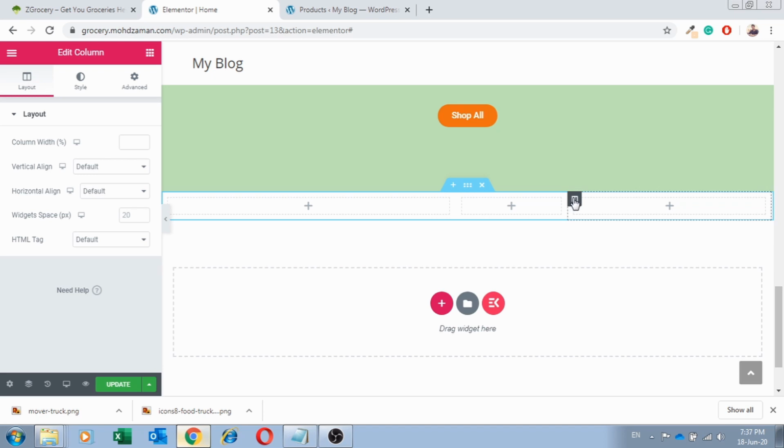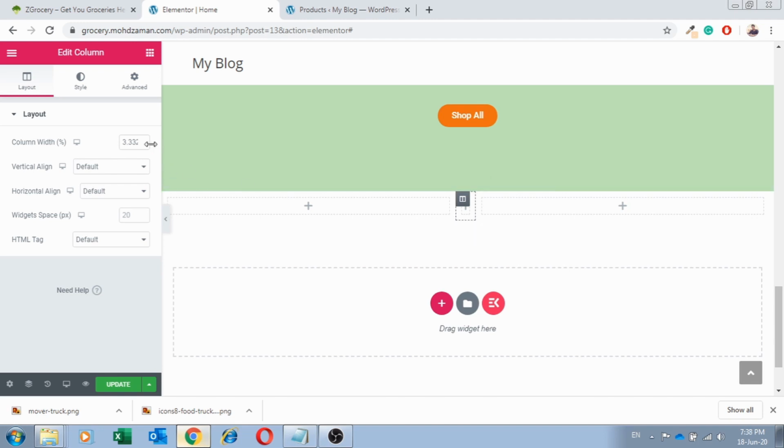Select this icon to select this particular column. Come over here, write 48%, and this is going to automatically make this one 2%. Okay, this is 3% for some reason. We'll make it 2%. Yes, make it 2%. Now it's fine. Now in the first row, what we are going to do is insert